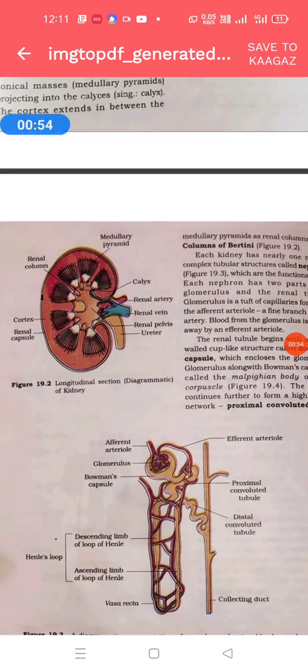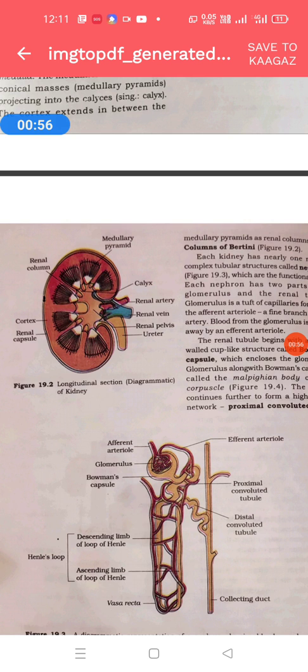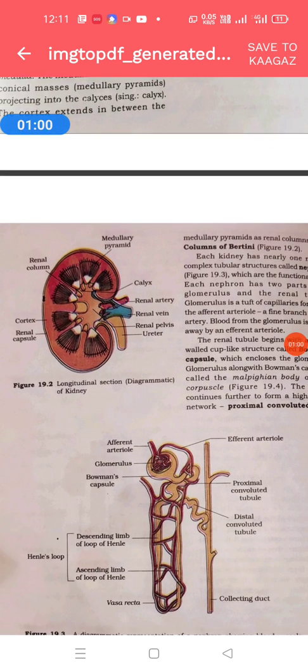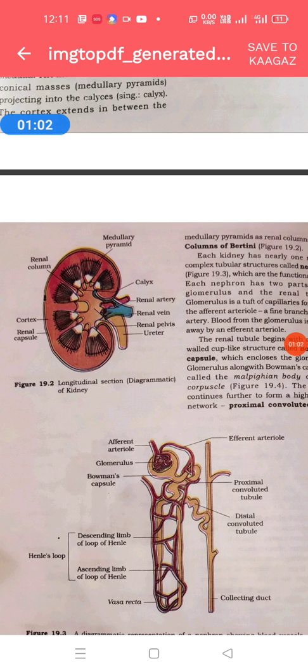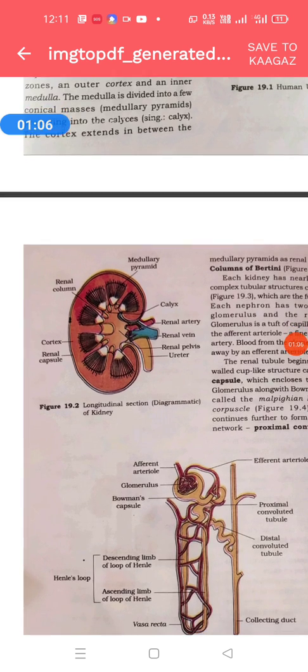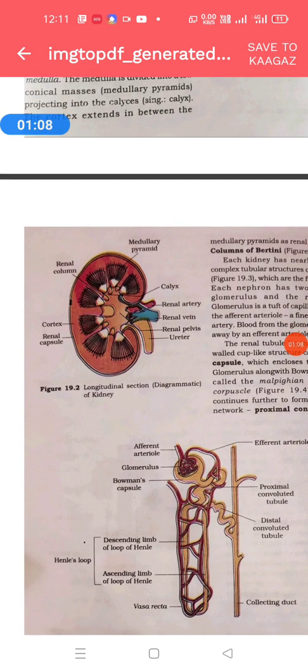So students, in today's topic we study the histological structure of the kidney. Histology of the kidney means the microscopic structure of the tissue. Histology of the kidney can be studied by taking its transverse section or vertical section, and the views show that the kidney is classified into two parts: the outer part is the cortex and the inner part is the medulla. The cortex is granular in appearance and the medulla is reticular in appearance.